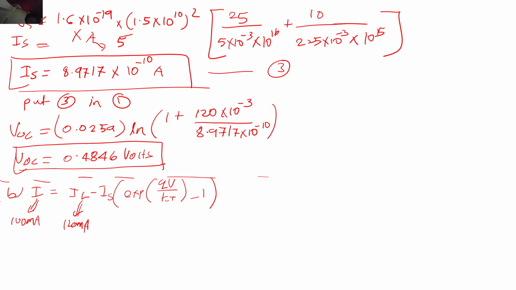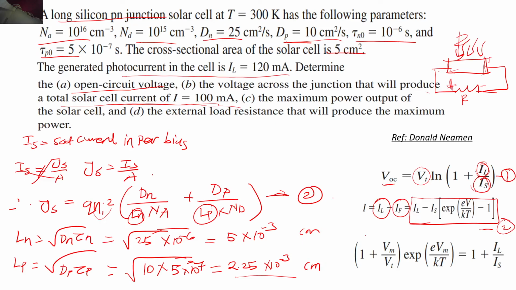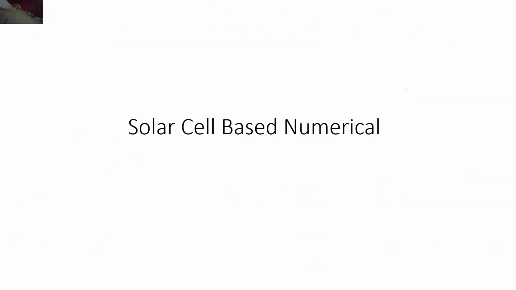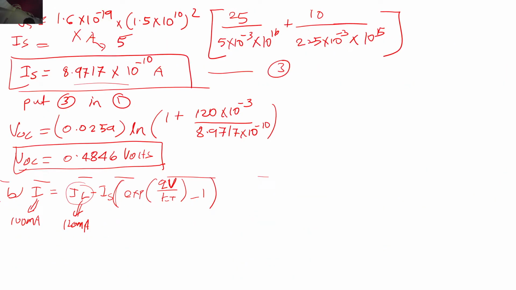See, you change the voltage or do anything, unless and until you change the intensity of light, you are not going to change the value of IL, right? IS we have just calculated over here. Now the only thing that remains unknown is the value of V, the V that is getting applied across the diode. This is the exact thing they are asking, the voltage across the junction that will produce this current, right? So now we will put everything in.